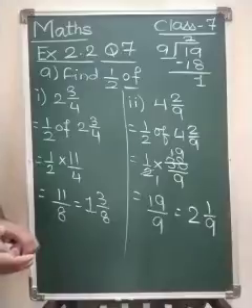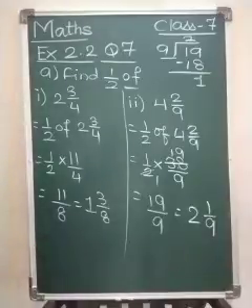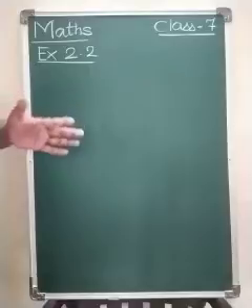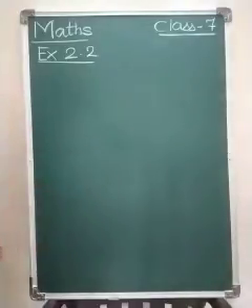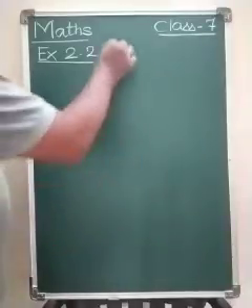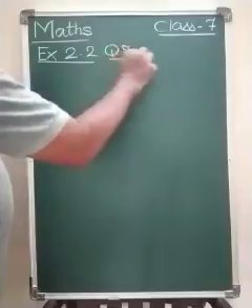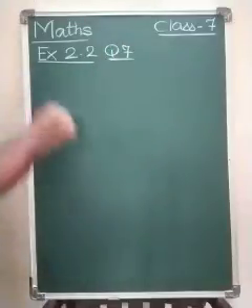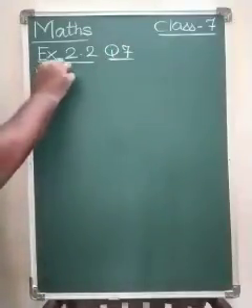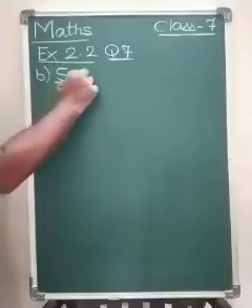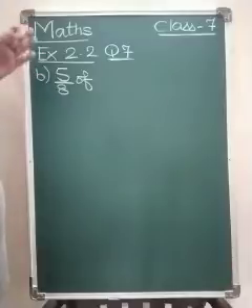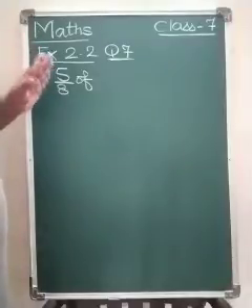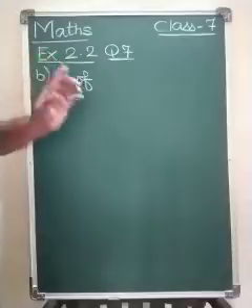Now we will move towards question number 8. Okay, before moving towards question number 8, in question number 7, question B, we will solve only one sum for your practice, and then we will move towards question number 8. So B sum, 5 upon 8 of, this fraction does not matter. The only thing that matters is that you have to be very careful in reducing the fraction.